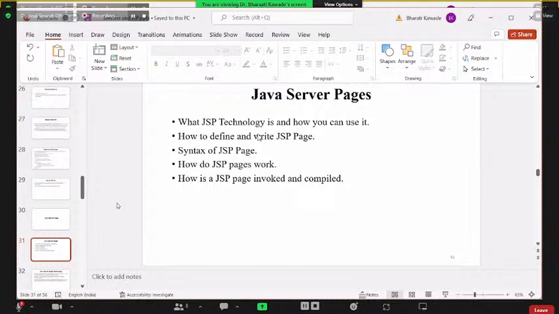Means whatever we have done in Servlet manually, that means creating the Servlet part, then compiling it, then putting it in the deployment descriptor, that is the directory structure, all these things will be avoided in JSP. So when you are running your JSP file, it will automatically create that servlet, compile it, put it wherever it is required, and load that, and you are going to